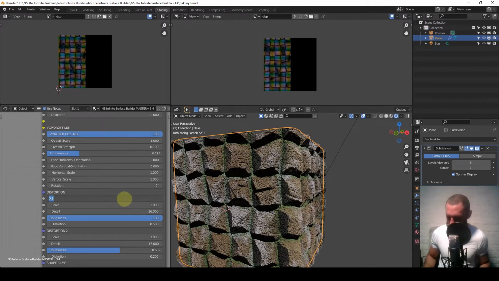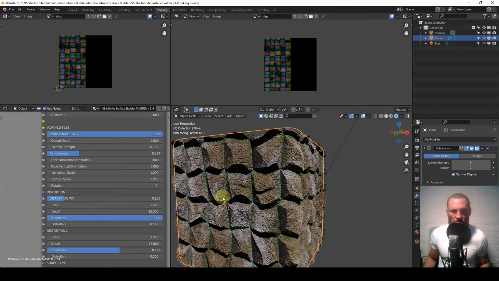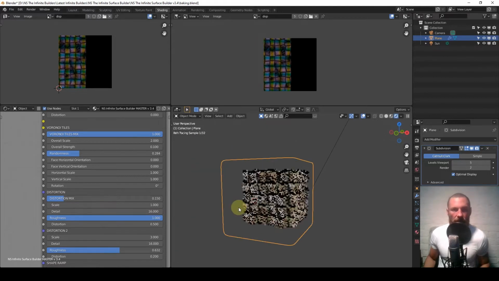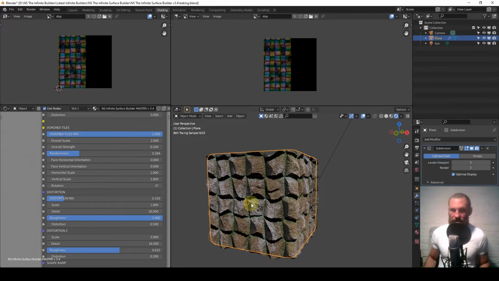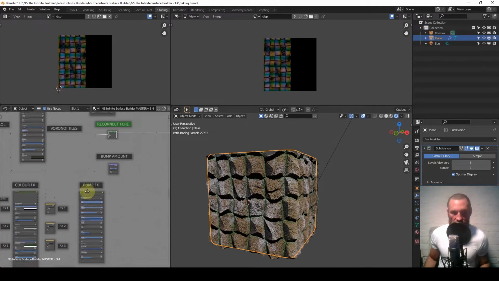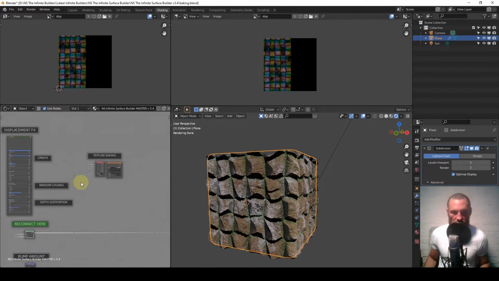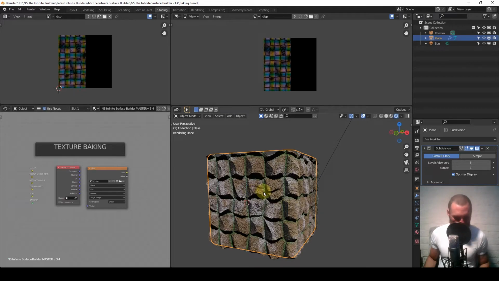0.15. I just want a bit, but it doesn't look like there's enough. Yeah, there you go. So this distortion is happening after it's already been displaced. It's then being told to do something, and we'll try and replicate it, but it's really tough. So first, what we need to do is head over to the texture baking area and Shift D that